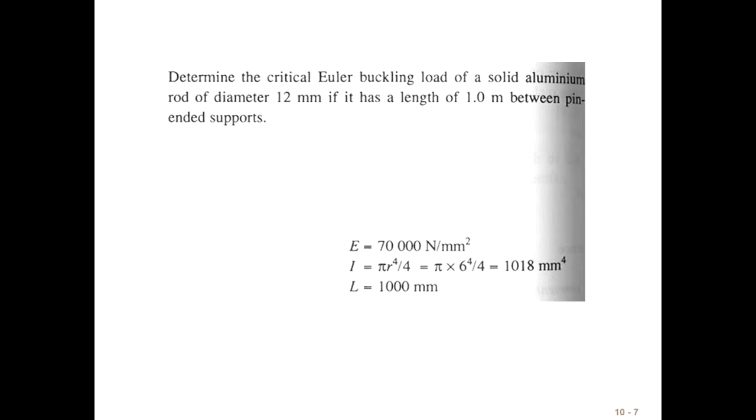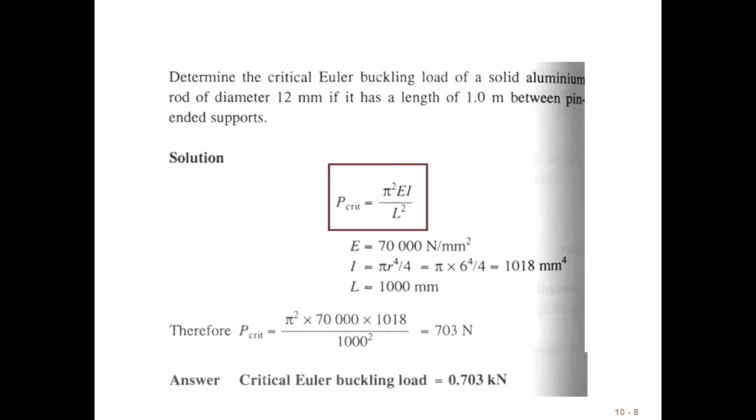So we're given our A value. We're given, in this case, the formula for a circle for the second moment of area. And you're given the answer, and you've got the length. Again, in the assignment, you'll be given all of the formula for the second moment of area. So if we wanted to try and work out what the critical load was, you just go pick off your formula, and if you just write down the answer there, the two errors that people would tend to do on this